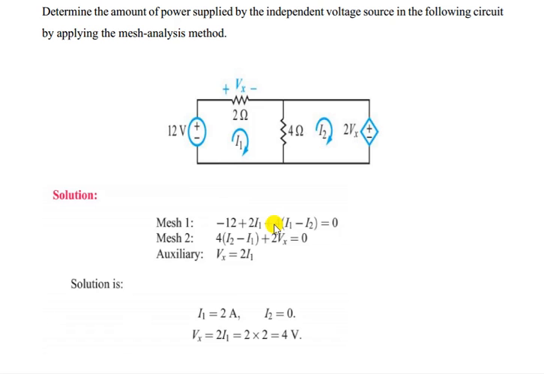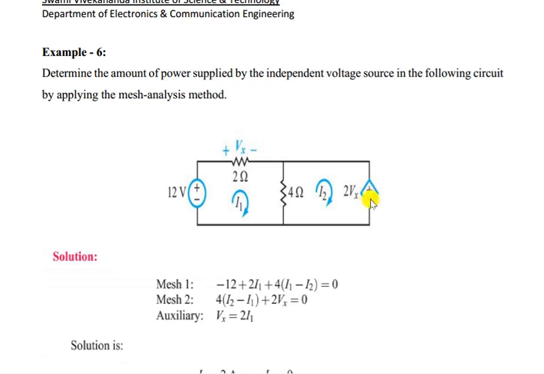Now this is one example problem with a dependent source. Now you can say there are two meshes, mesh 1, mesh 2, two mesh currents I1, I2. There is no current source, so you don't have to think about super mesh and all. So for mesh 1, if you want to write this, now here how this is written just like that.